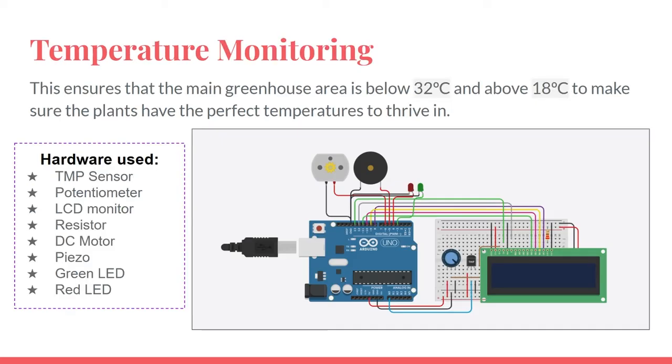This is my temperature monitoring system. It looks to see if there's a 32 degrees at maximum and an 18 degrees at minimum. So it is using different hardware to make sure that it is between them. Some of the hardware I am using is a TMP sensor, which is also known as a temperature sensor, a